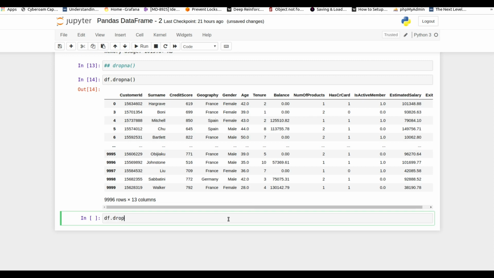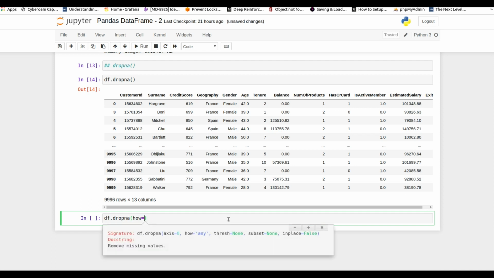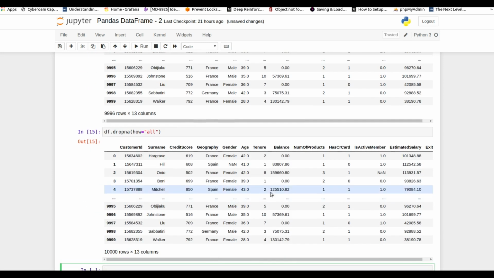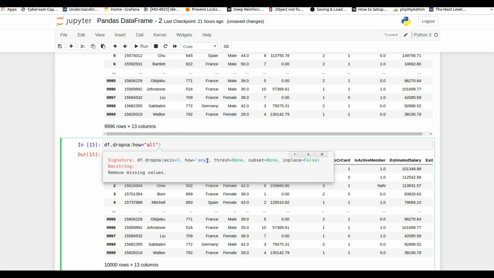Next, in dropna we have a parameter named how, which is by default any. If I convert it to all, now you can check, the value is not dropped. If it's set to any, then if in a row there is a null value in any cell, it will remove that row.